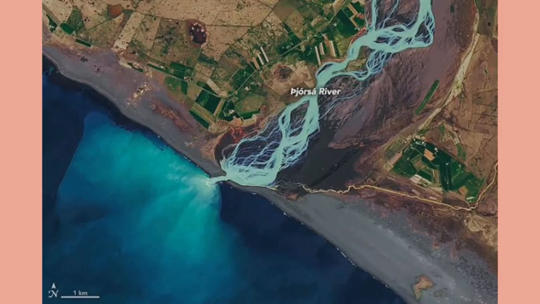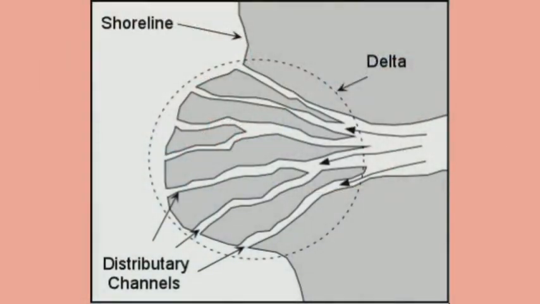Children, now we know that the rivers come down from the mountains into the plains and further flow up to the sea. When they flow up to the sea, they slow down over there. When they slow down, they start depositing a lot of soil along with them. When a lot of soil is deposited, it forms islands. A river also breaks into very small streams which are called distributaries. These distributaries flow around the islands. The landform that is formed where the river enters the sea is called a delta.